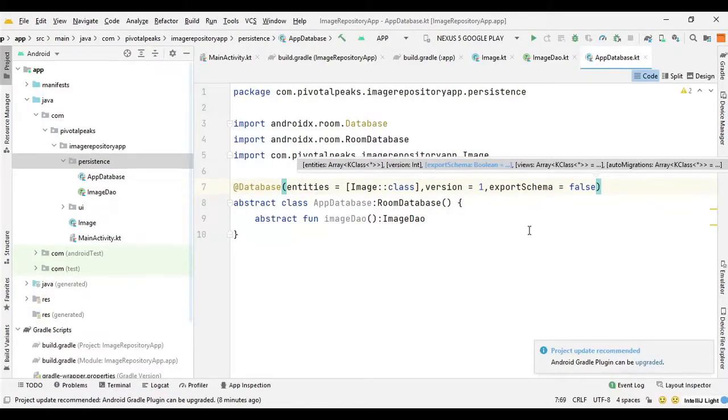So if you want to have the schema, then you can set it to true, otherwise you can set it to false. So this is the end of this section in which we have set up the Room database. In the next section, we will set up our network module with the help of Dagger Hilt and Retrofit.